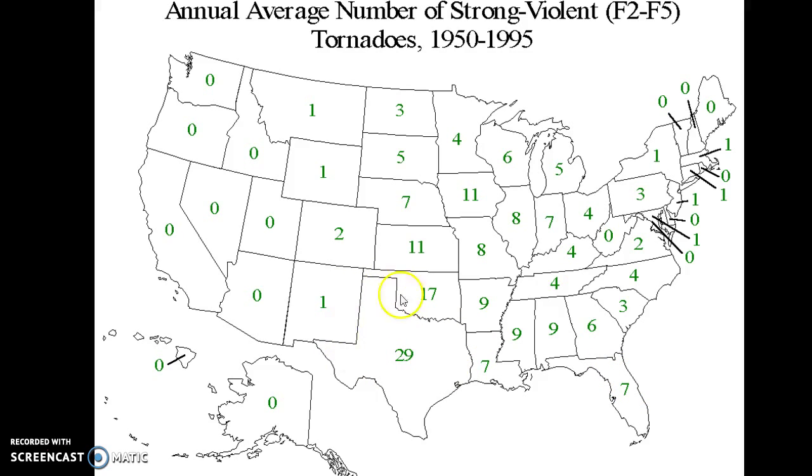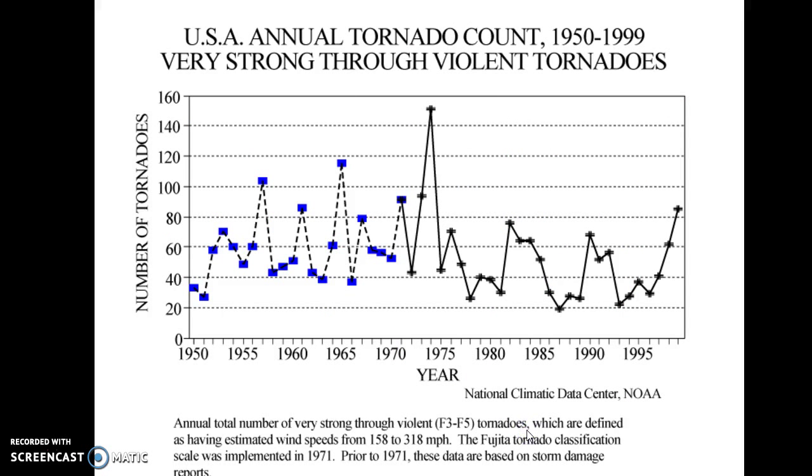But Texas still sees a huge number of tornadoes every year. And usually we think of Kansas, but tornadoes really happen in Texas a lot of the time. And we can really see the large number all throughout Tornado Alley, Nebraska and everywhere in the Midwest. Here we've got